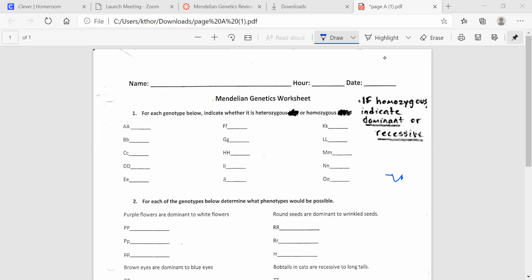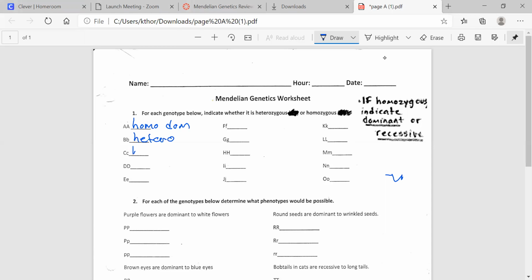There are, let's see, A through O, 15 pages, but it's really not that tough if you know what you're doing. So let's go and check to make sure you know what you're doing. Here we go. For each genotype, indicate whether it is heterozygous or homozygous. If it is homozygous, indicate dominant or recessive. Here we go. We have homozygous dominant,